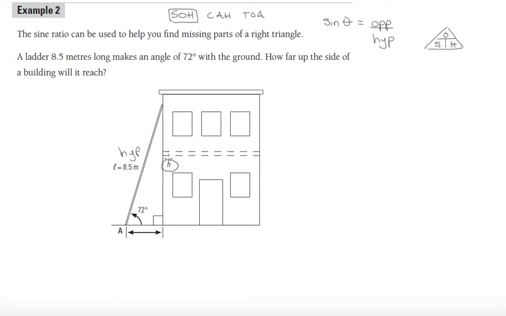So when we're talking about opposite, we always mean opposite the angle that we're dealing with. So here we're talking about the angle 72 degrees, angle A. So this is opposite. So sine theta is opposite over hypotenuse. I already have that. My angle is 72 degrees. Please write in that it's degrees because, like I said, we can also measure in radians. And if you don't have the little degrees, it says radians. So that would actually be wrong. So sine of 72 degrees is equal to H, because that's my opposite, over the hypotenuse, which is